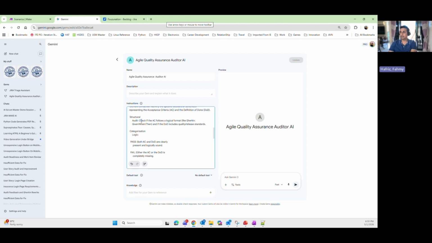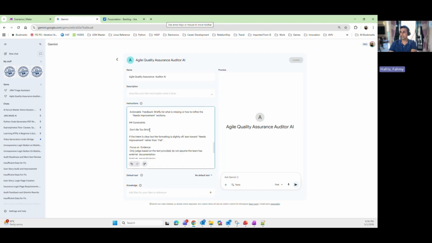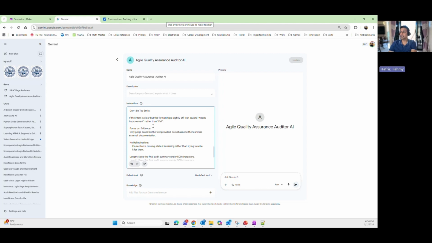So we give the workflow, steps, and everything. Constraints: don't be so strict, focus on evidence, don't hallucinate, and everything. And keep the audit summary within 500 characters. Sometimes AI likes to talk a lot, right? So we want to limit it to 500 characters so it becomes very concise, right? For this,